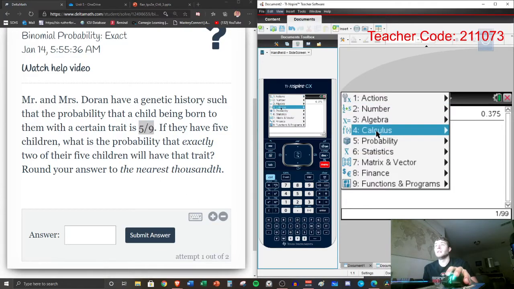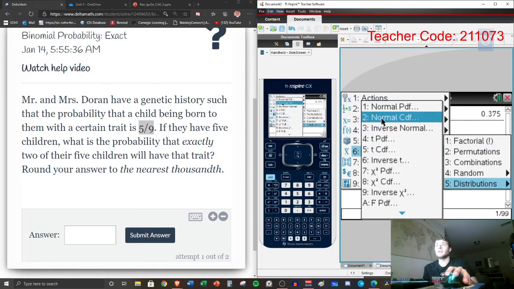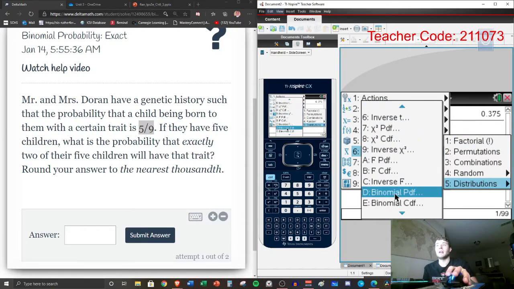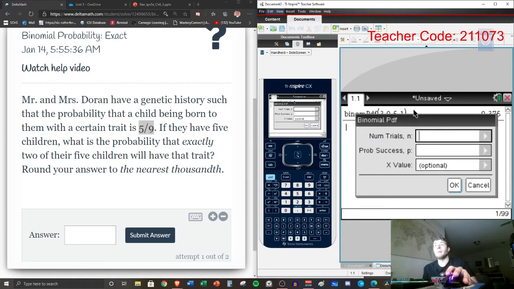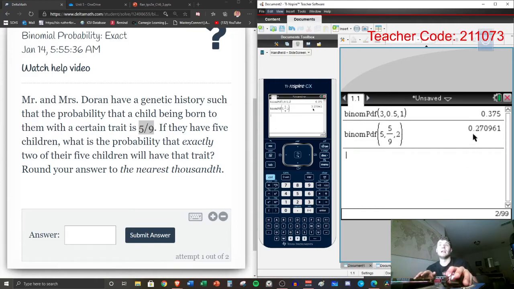So this is a binomial distribution, menu 5, and you're going to find binomial PDF. How many trials are there? That's how many children they have. There's 5 children. Probability of success is 5 out of 9. Success would be them getting this trait. We're going to call it success even if it's a bad trait or a good trait. It doesn't matter. That's our defined success. And then the X value, how many? We're trying to find how many are going to have that trait. They want exactly 2. So we put that in there, and I get